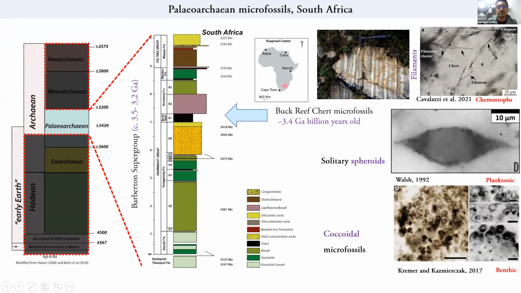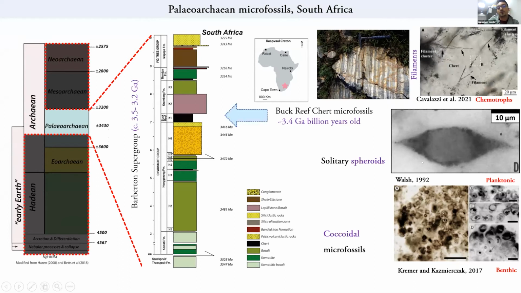So the first evidence that I provided in the beginning of our presentation was filamentous microbial life that probably harbored during the Archean close to hydrothermal systems, and these are chemotrophic in nature. Other than that, there are also examples of this nature. This is a solitary spheroid, which is lenticular in nature, and these are mostly made up of silica and carbonaceous matter, but the distribution is important here to understand, and also the shape of this microfossil, which will be also discussed later on in today's talk. Because of the tapered edges or the appendage being so flared out, why is it important and how it connects to the later part of the story.